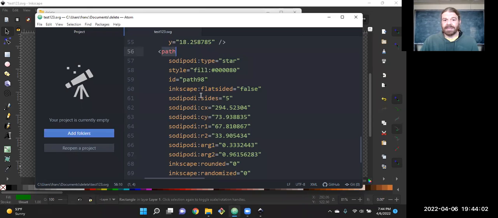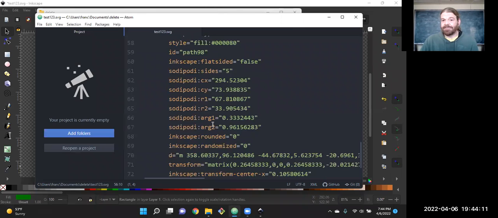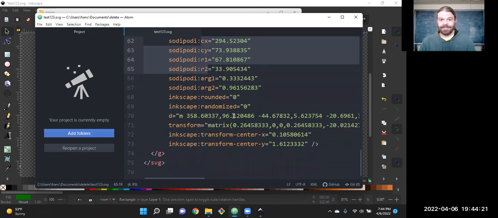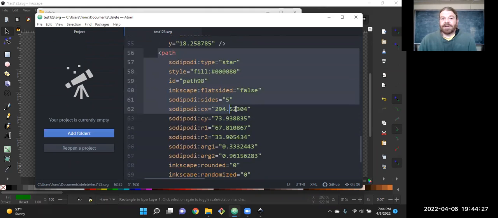A path, I think this is referring to the star shape. So a bunch of lines, we have a bunch of different points. Oh wait, I see C's and R's, so that's our circle, the center of the circle and the radius of the circle, all that information. And it's stored here as vector graphics,